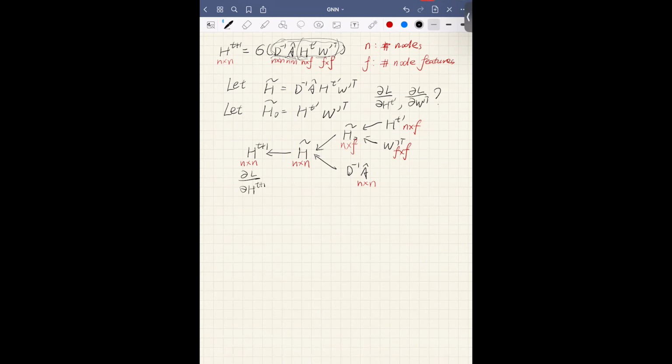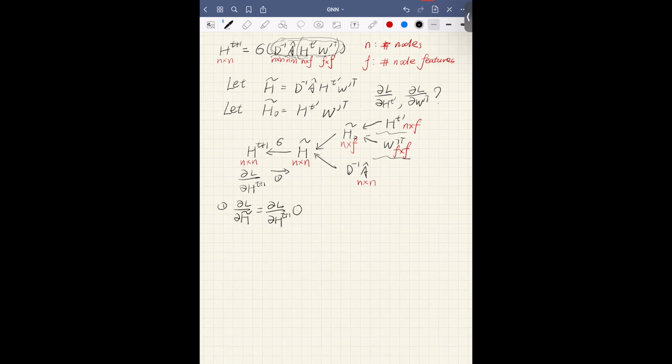The terms we want to solve are d loss over these two terms. So first, this process is only an activation. So during the back propagation, this first propagation, d loss over dH delta is equal to d loss over dH_t plus 1, element-wise product,